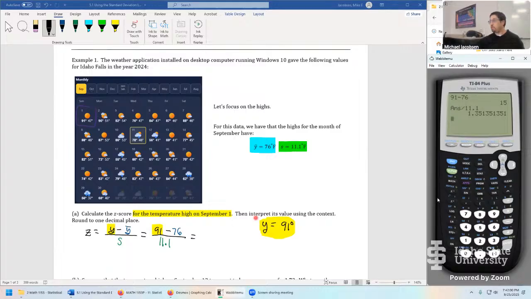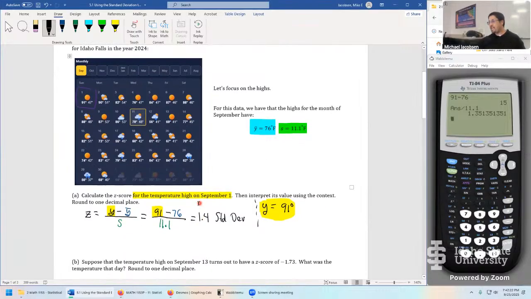We're going to 1 decimal place, so this would round up this time to 1.4. If you leave it as 1.4, that's totally fine, but I would encourage you to say 1.4 standard deviations, because that's going to help us with the interpretation part. You can even say a little bit more. This is 1.4 standard deviations above